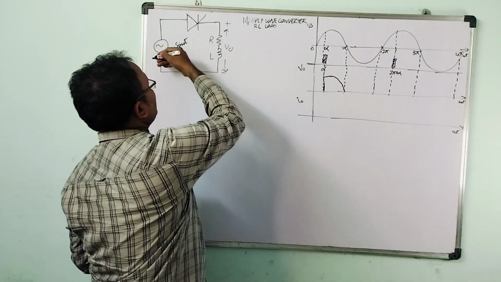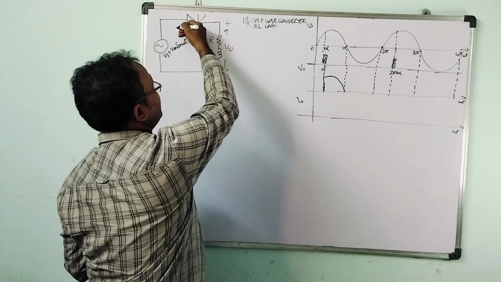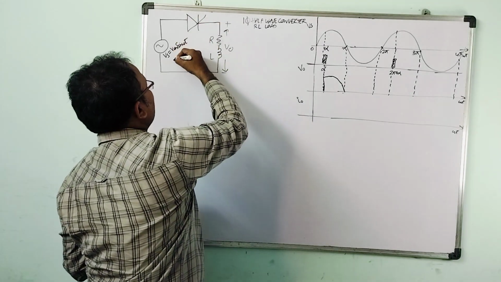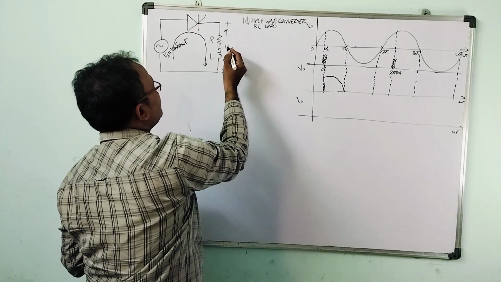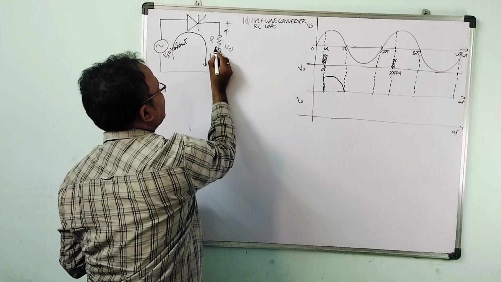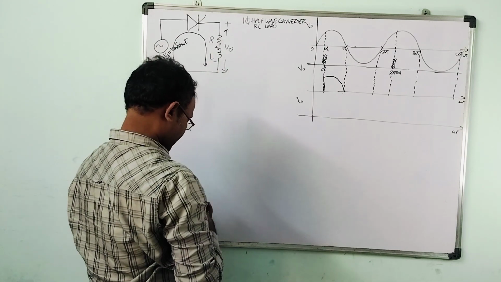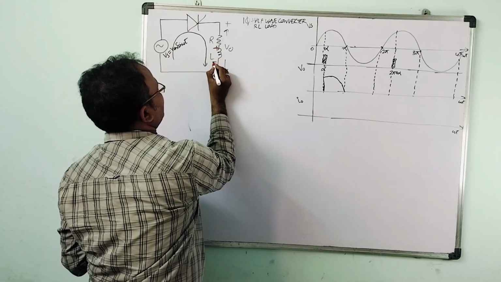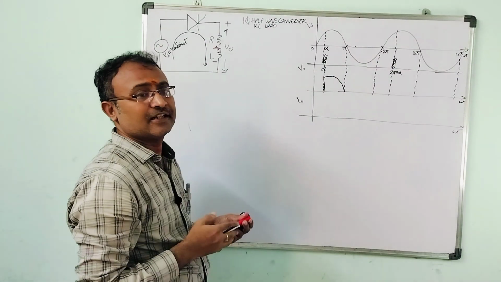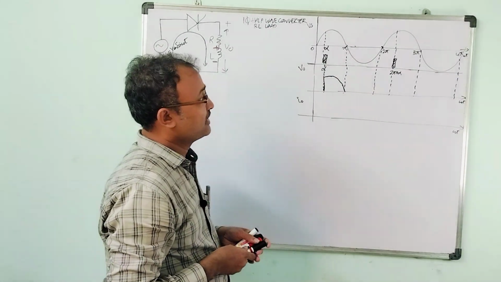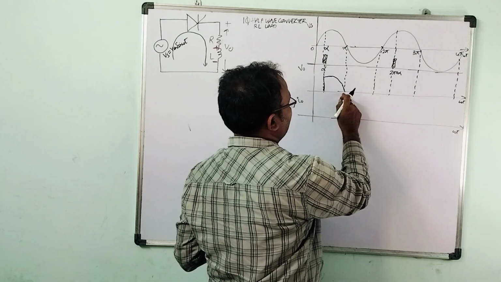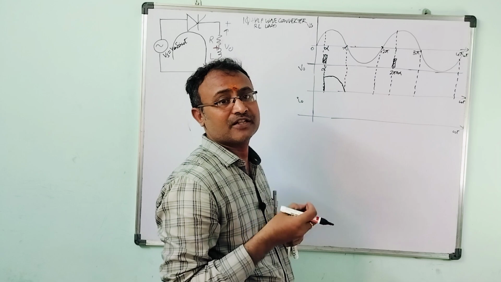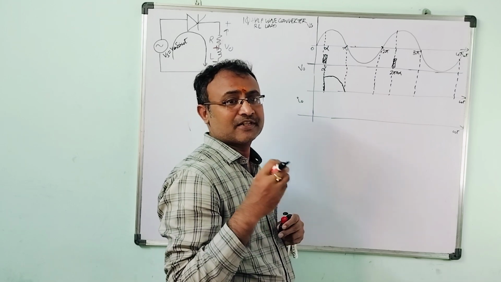First, what will happen during the positive half cycle: when the switch starts conducting, when the trigger pulse is applied, the current starts flowing in this direction. Therefore the inductor charges with plus minus polarity. The inductor opposes sudden changes in the current. Hence after pi the thyristor is actually reverse biased, so a negative voltage will appear across the thyristor. But due to the inductive nature of the load, as the inductor opposes the sudden changes in the